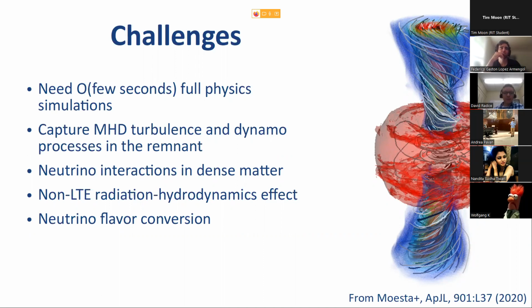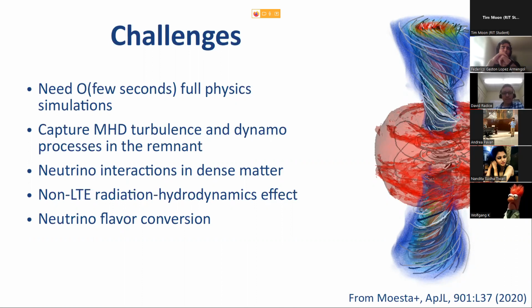Our simulations clearly lack the resolution to resolve all the MHD effects. So in our case, we have essentially given up on MHD so far. We have just used the subgrid models because we cannot resolve all the MHD turbulence anyway. But in the future, we'll have to also include MHD effects. And there are some effects that cannot be mimicked by subgrid models. For example, the presence of jets and these large-scale effects due to magnetic stresses that cannot be captured by a